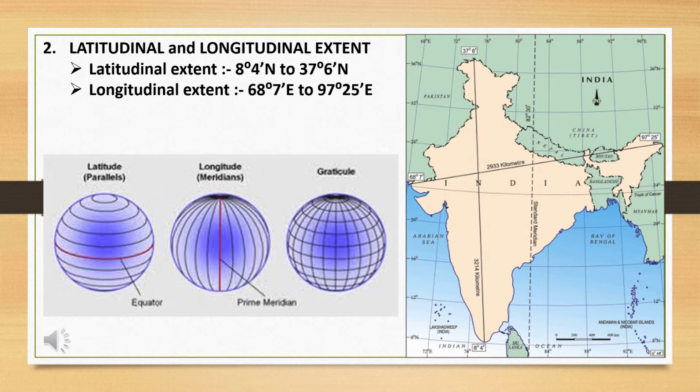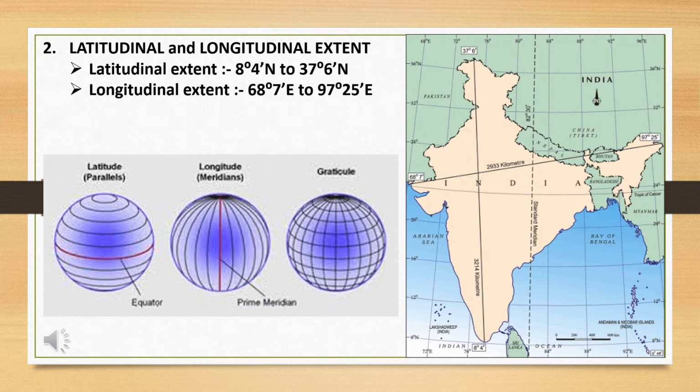Number two, if you want to find the extent or spread of a country like India on the globe, you will be needing two latitudinal values and two longitudinal values. The latitudes will be the northernmost latitude and the southernmost latitude, and longitudes will be the easternmost longitude and the